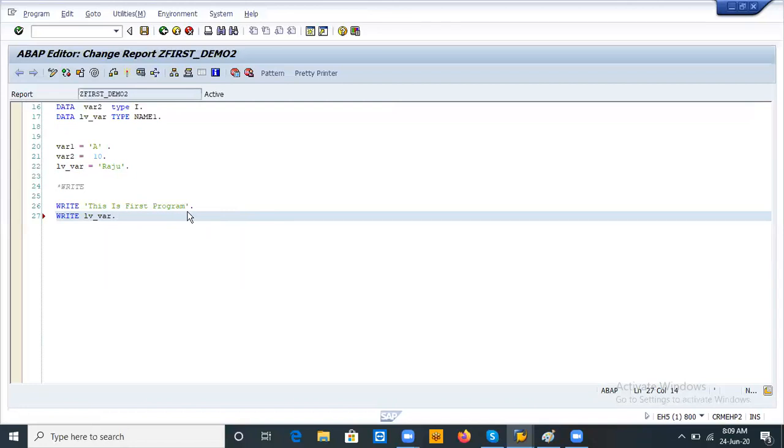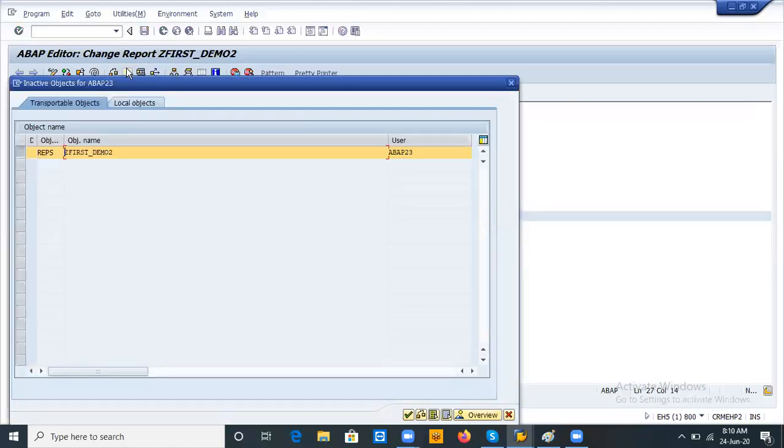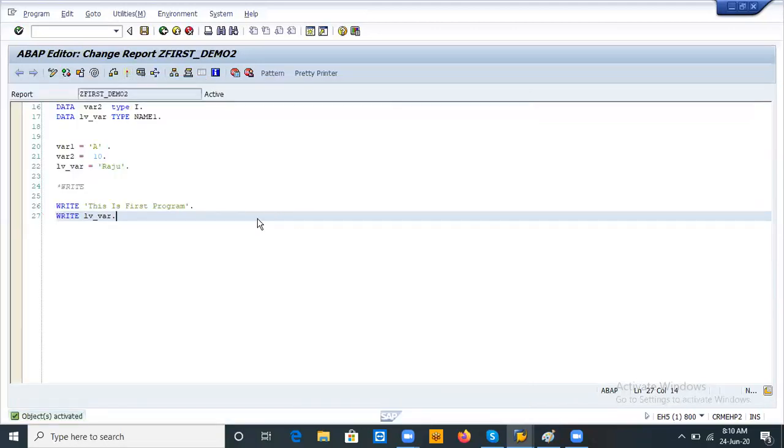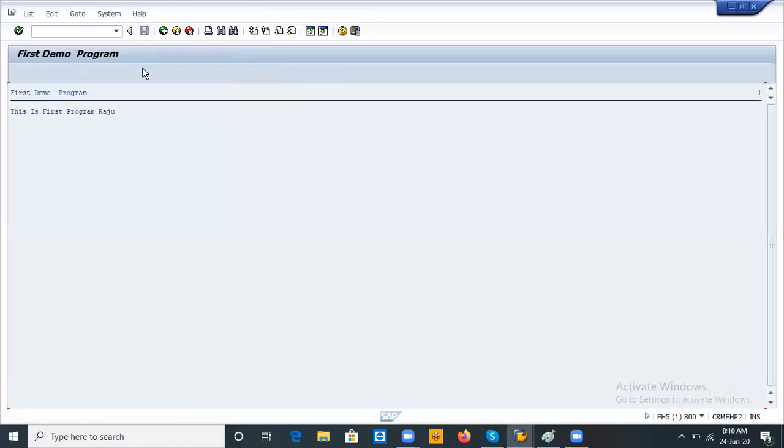Again save, check syntax, and activate it. Now this program is active. Execute with direct processing. See, Raju is coming here, but now I want to show this Raju down.